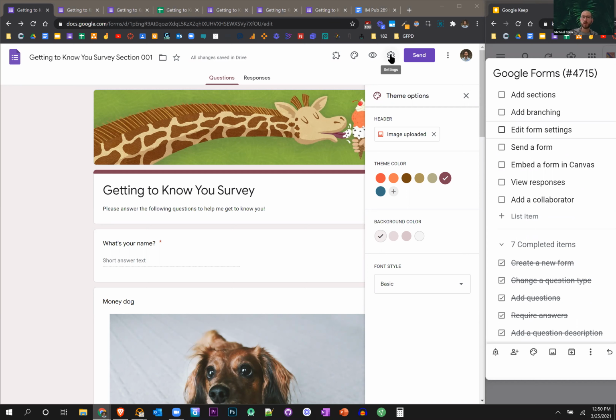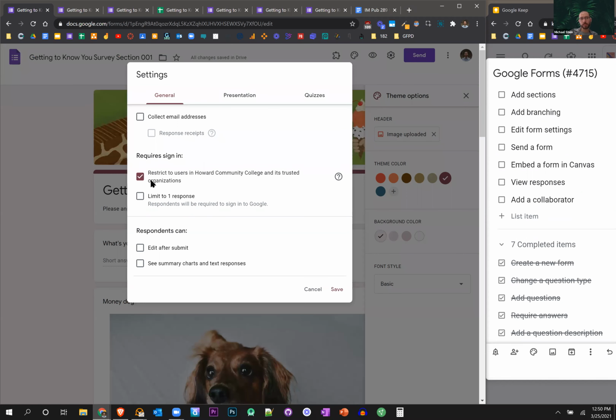your students. So if we go into the settings here, you will notice that the first thing that's checked, and this is always checked if you're using your HCC account, is restrict to users in Howard Community College. And again, that's maybe some of the question about FERPA and the LOA. It's supposed to be secure. Google's not going to sell this data or do anything with your data because it's locked down, and they're committed